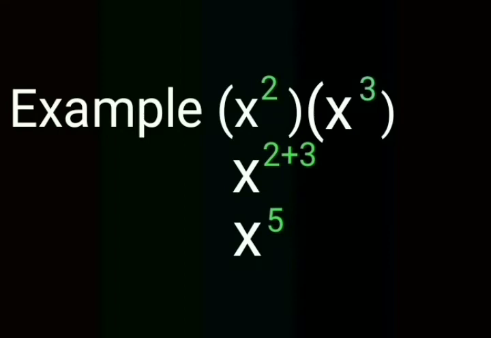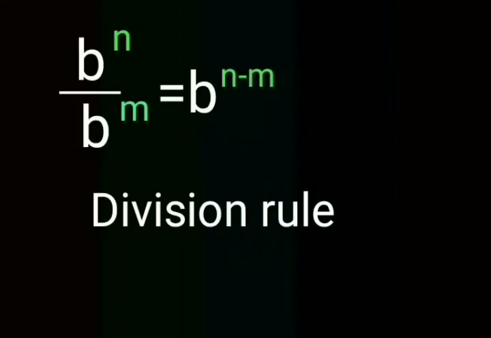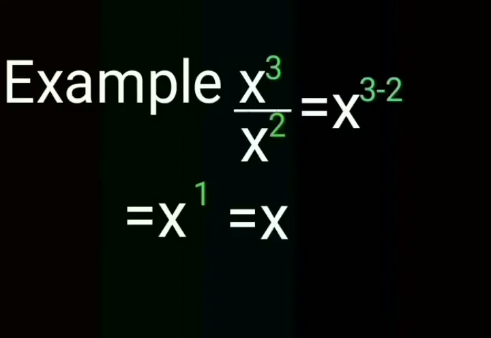In the division rule: any base b raised to the n divided by another base b but with power m, just subtract the divisor's power m from the dividend's n, or n minus m. Example: x cubed divided by x squared. The result is equal to x, but the powers are subtracted, 3 minus 2, equal to x to the power 1, or